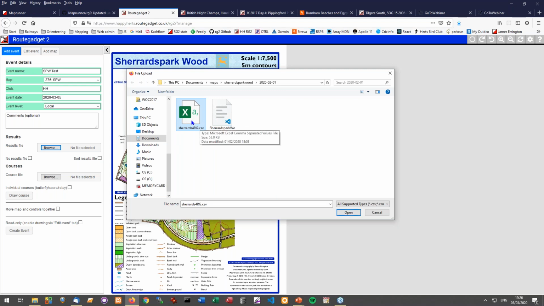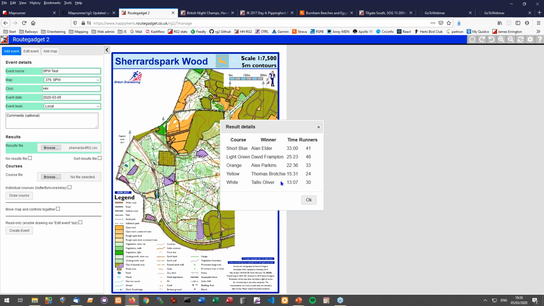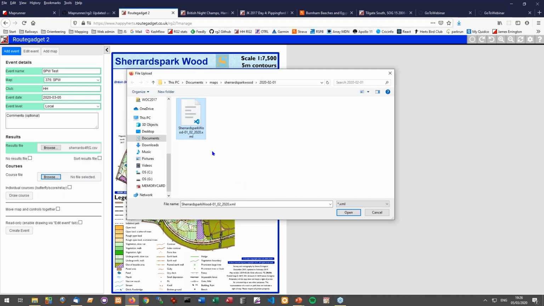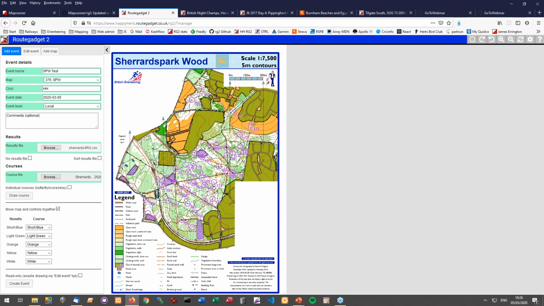This is CSV, so this is standard BOF format. It'll also support the IOF formats for results. So I open that, quick summary, so you sanity check that you've got the right file. That all looks okay. Similarly for courses, this is an export straight out of whatever you planned in. So Condes or Purple Pen or OCAD will generate this IOF format. Pick that up there, and there's the courses we've got. And then it's just a question of making sure that the results and course names match. Sometimes you use slightly different names, so you can do a mapping there.